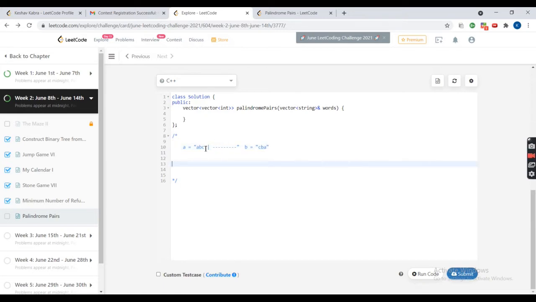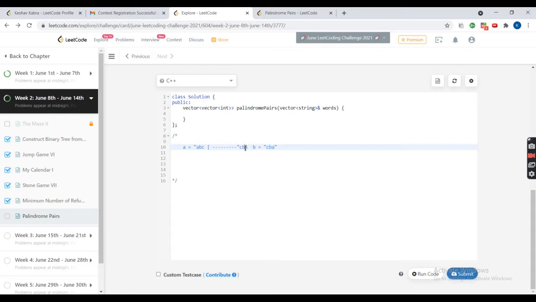So what I can see is that if I reverse this ABC prefix of this A string, which is CBA, and if I append this here, CBA, so if this internal part was a palindrome, then appending this to the end will give me A plus B as a palindrome. What we just discussed is that,